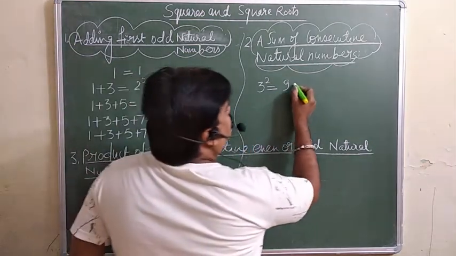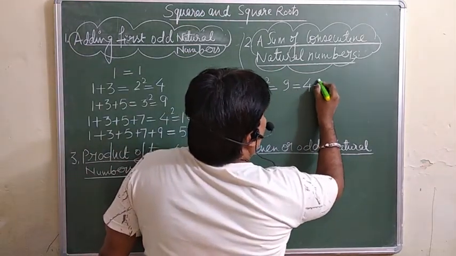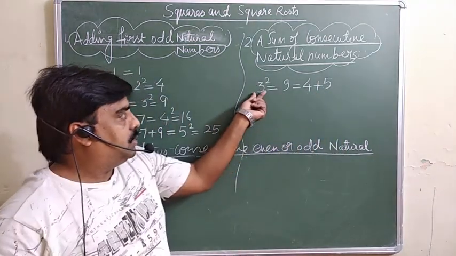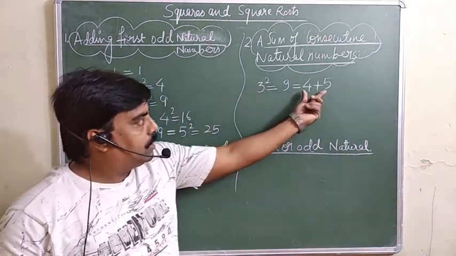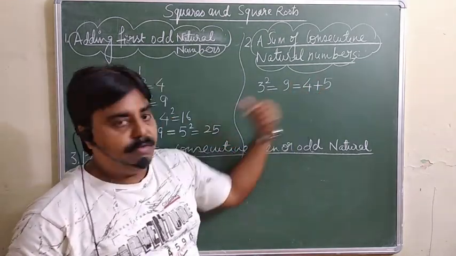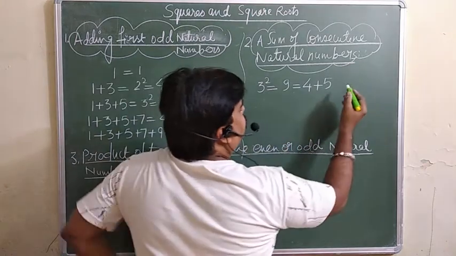So this will be equal to what? This will be equal to 4 plus 5. लेकिन ये आपको कैसे पता? दिस इज अ वेरी स्मॉल नंबर, ये तो छोटा नंबर है, तो आपको पता चल गया 4 plus 5, you are adding 2 consecutive numbers, right? 4 plus 5 you are adding, but the method is there. इसका मेथड क्या है?